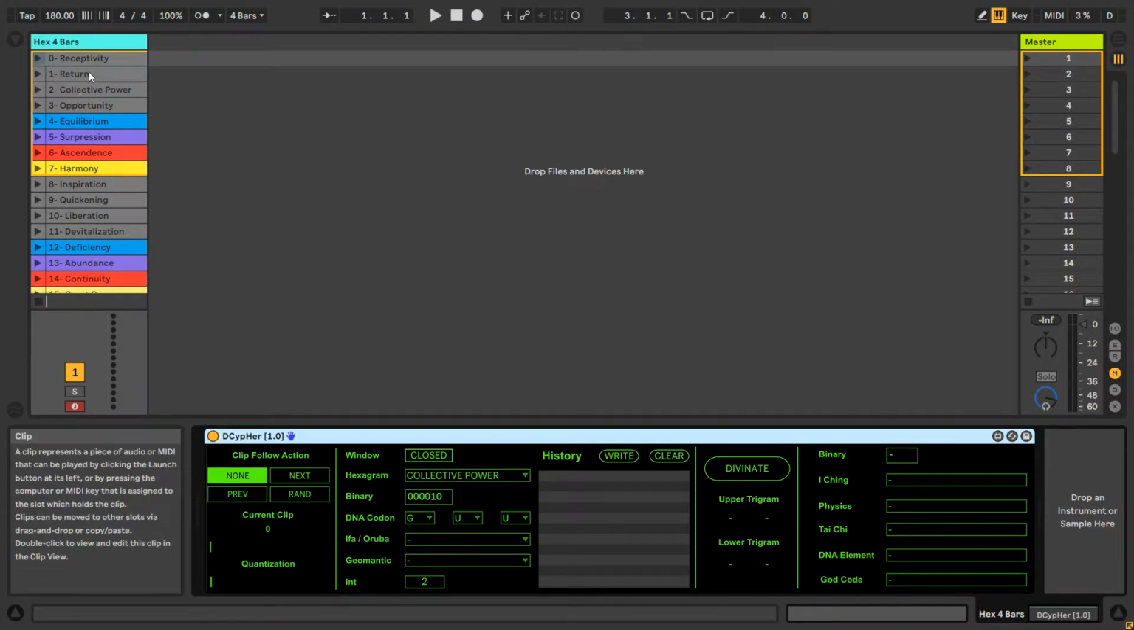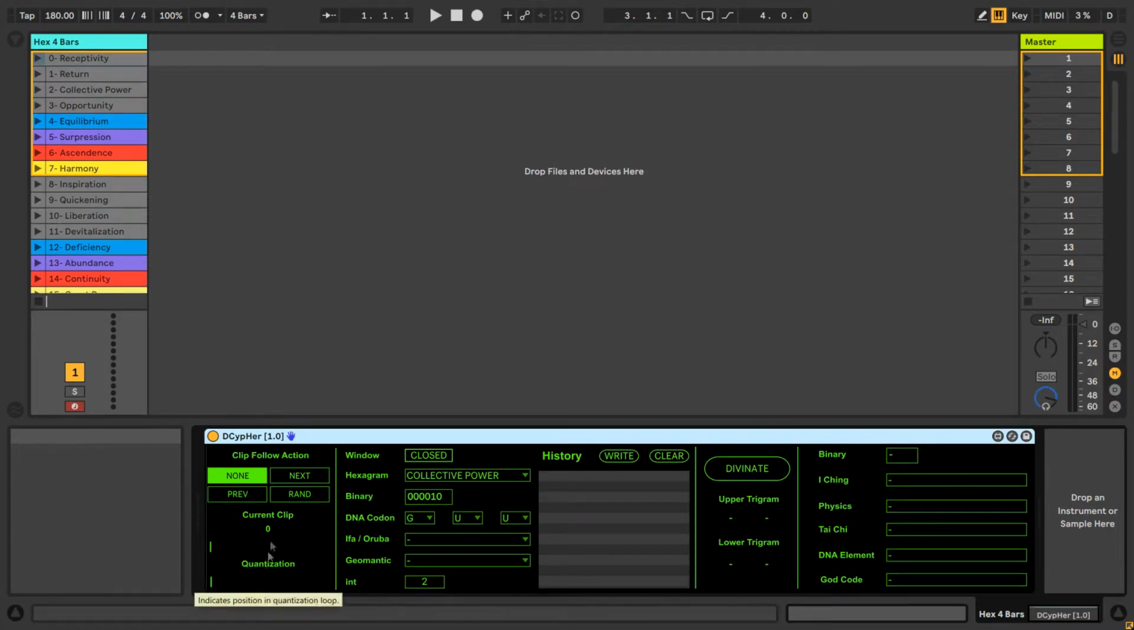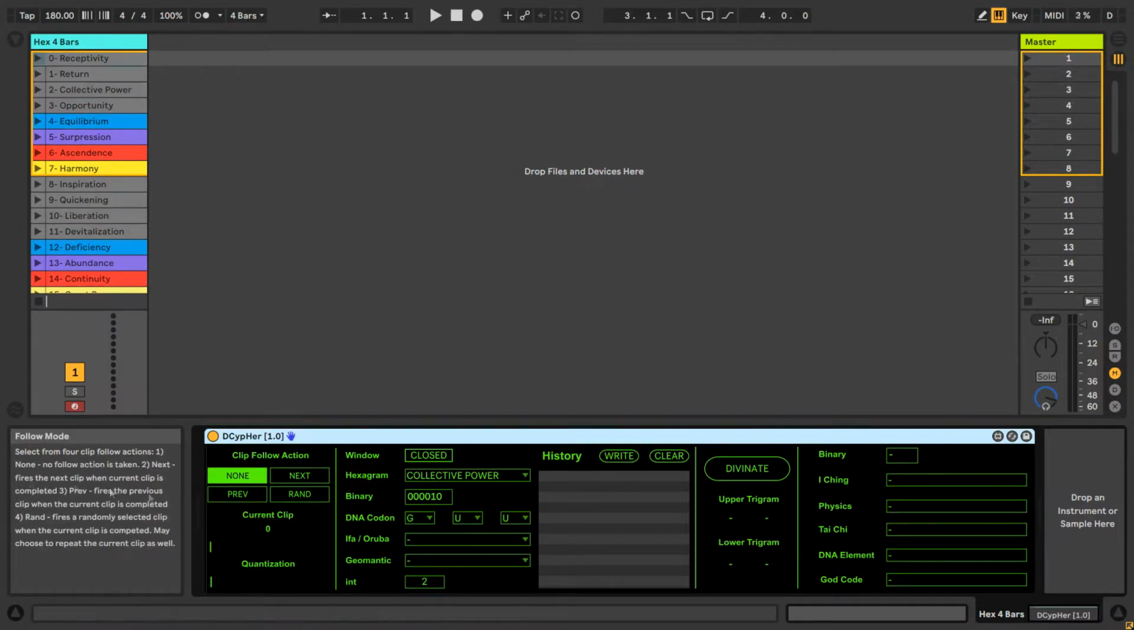It's convenient that all of these clips are named properly, which is why I like to do it, but they can technically be named anything. But it's just easier to keep track of with the right names. So here's the dcypher device. There's 1, 2, 3, 4 panes for us to interact with. And everything you can click on and interact with